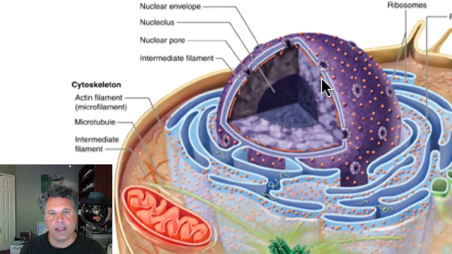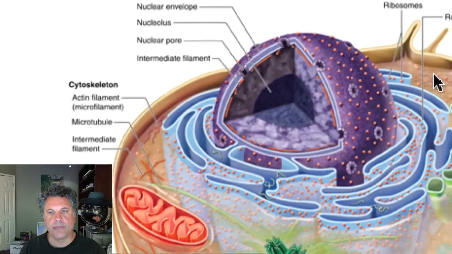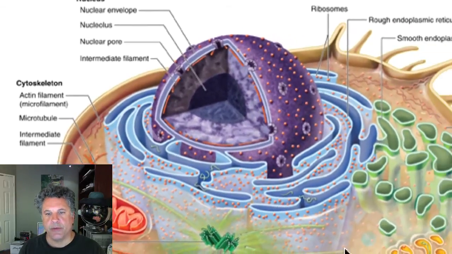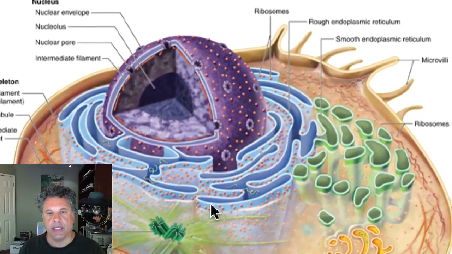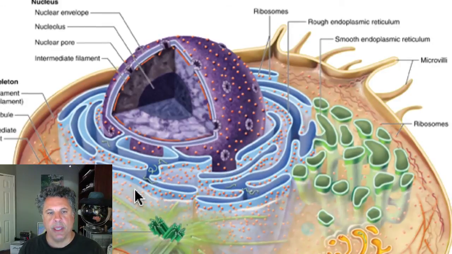Underneath the nuclear membrane is a meshwork, a network of intermediate filaments made out of the protein lamin, L-A-M-I-N, and we'll be talking about that as well. That has an important role in controlling the structure of the nucleus. And there are free ribosomes found throughout the cell, not just on the membrane of the rough endoplasmic reticulum. And as you know, ribosomes are the sites where protein synthesis takes place. They are the protein manufacturing sites of the cell.